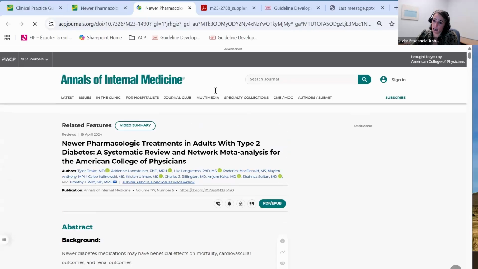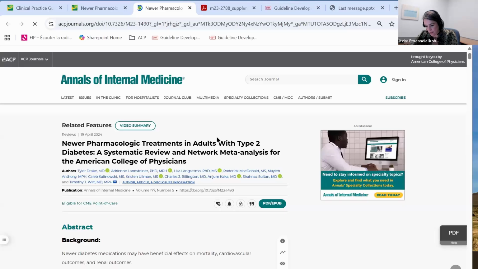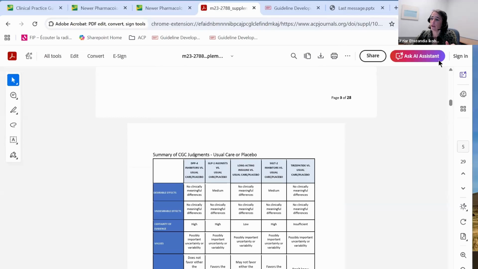This clinical guideline was performed by the ACP, and it was informed by a systematic review and a network meta-analysis performed by the Evidence Review Center at Minnesota. We used the EtD frameworks, and together with the